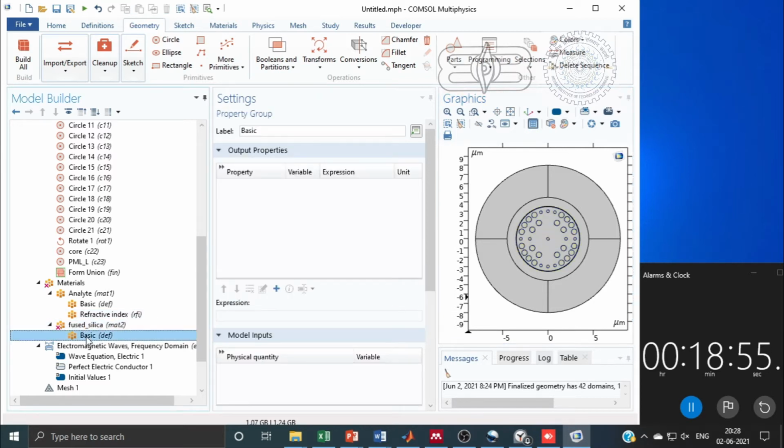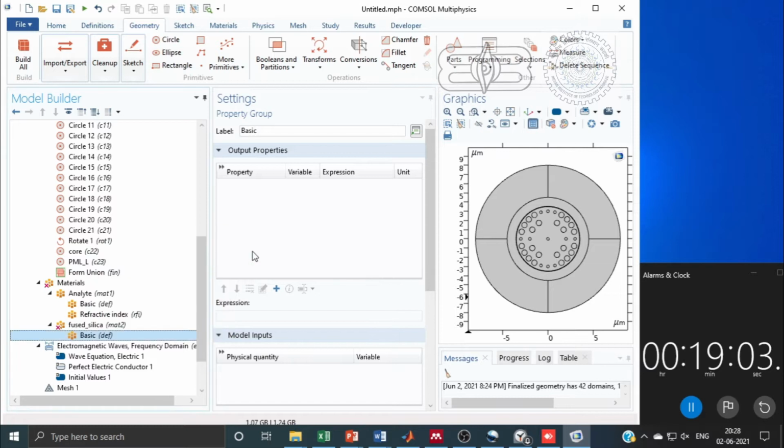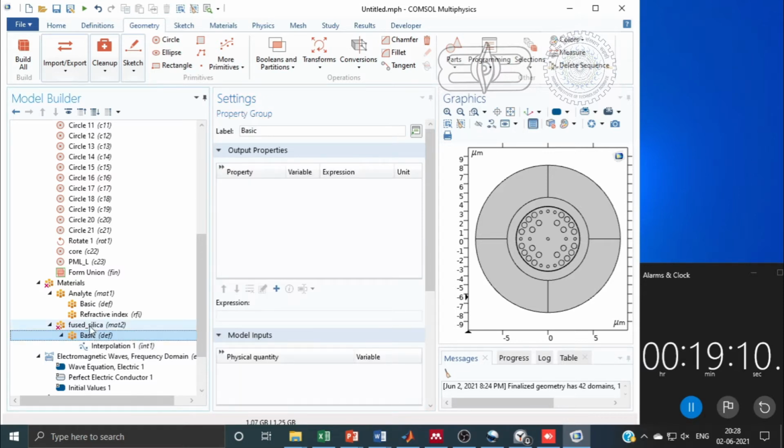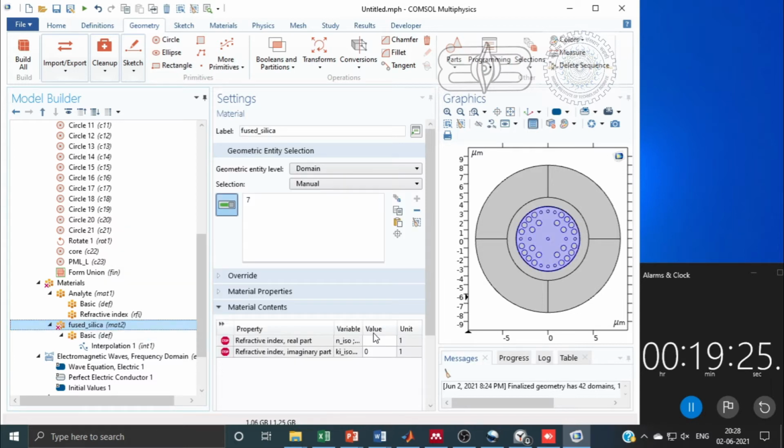So from here we will click on this silica R array, and then we will copy both of these: one is wavelength and the other is refractive index. We will copy and paste it in the console window, where we have to add the refractive index for fused silica. Here there is a caution: don't add the interpolation function directly in Basic. First we have to add the refractive index, and then we will add the interpolation function. So this is the wrong way. We will correct it in a few seconds.